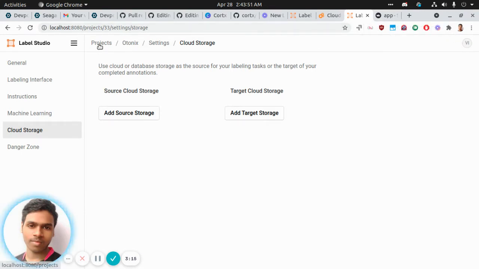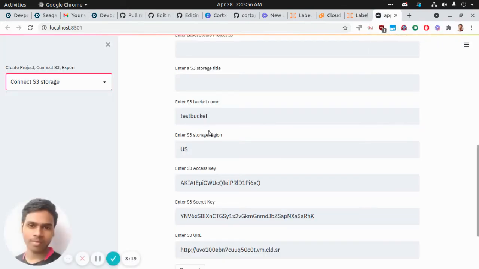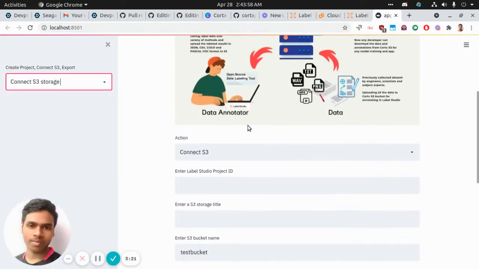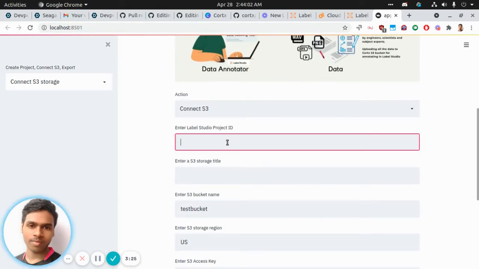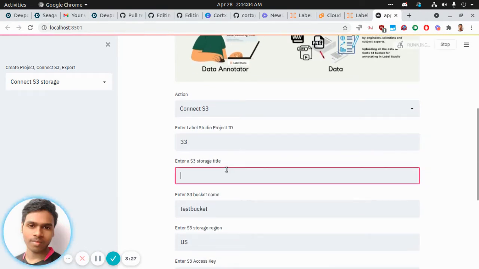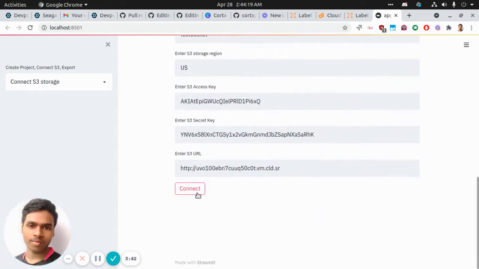This tool supports Amazon S3, and I have made the integration to support this Cortex S3 as well. The ID of the project was 33. For the storage title we can give Autonix S3 Cortex. Let's connect it.